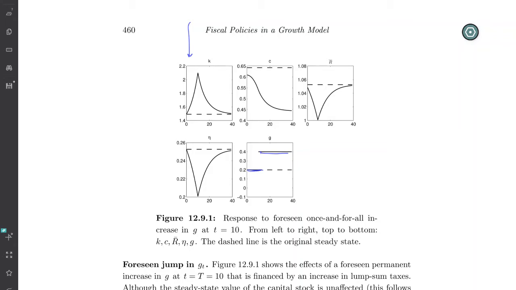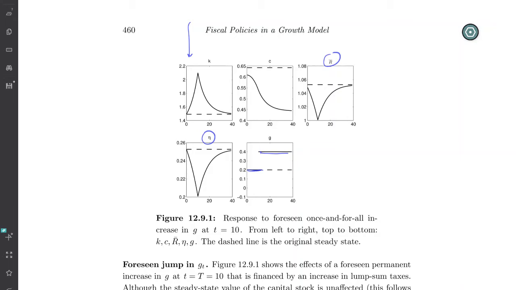Notice that eta changes, the rental rate on capital, R bar, changes, and consumption changes, and they change in particular ways. So notice that there's a cusp in R bar. So there's a discontinuity in R bar, and there's a discontinuity in eta that occurs exactly at the jump point, but there's no discontinuity in C. And then